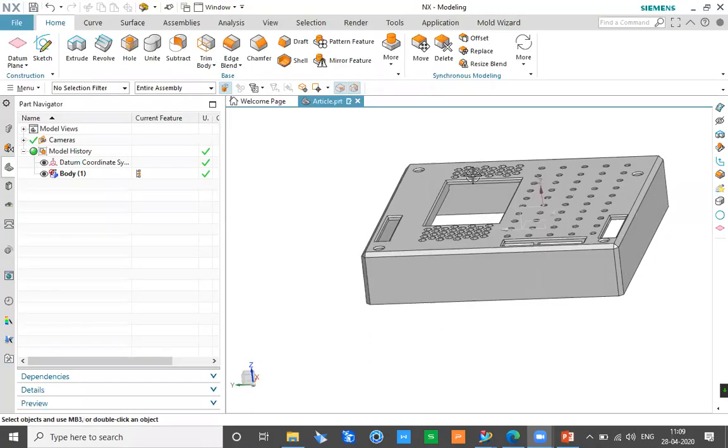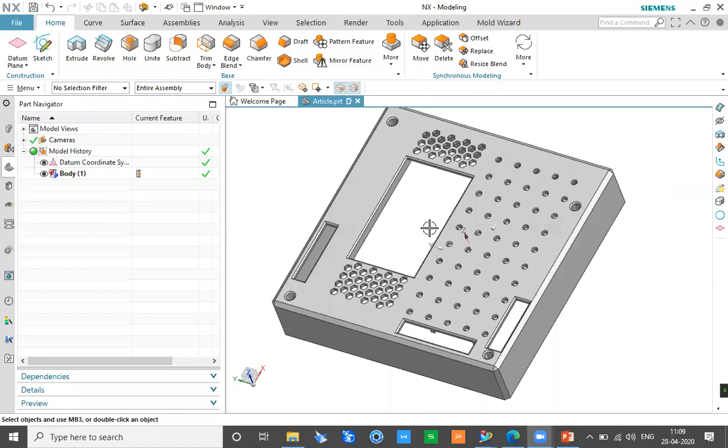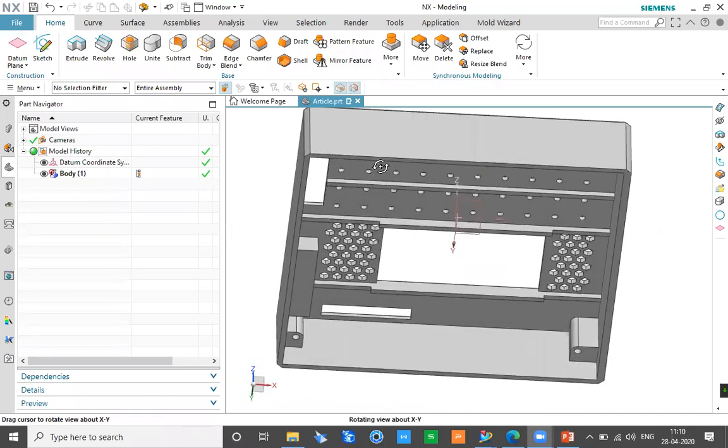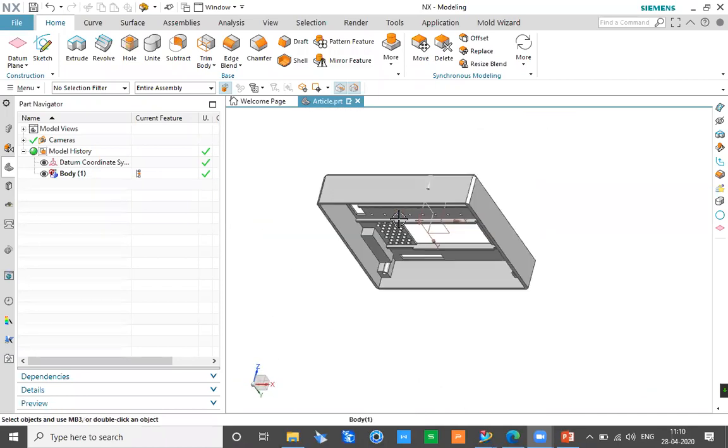Now basically this part is very simple in order to understand the core cavity abstraction part of it. Core cavity can be easily taken care of for this particular model. But coming to the mold base and the remaining part of the model, that is the ejection part, the cooling part and all sort of things, it should not take much time, as we only have limited time to spare. So I want to continue with this model to give you a proper understanding of how effective the mold wizard is.